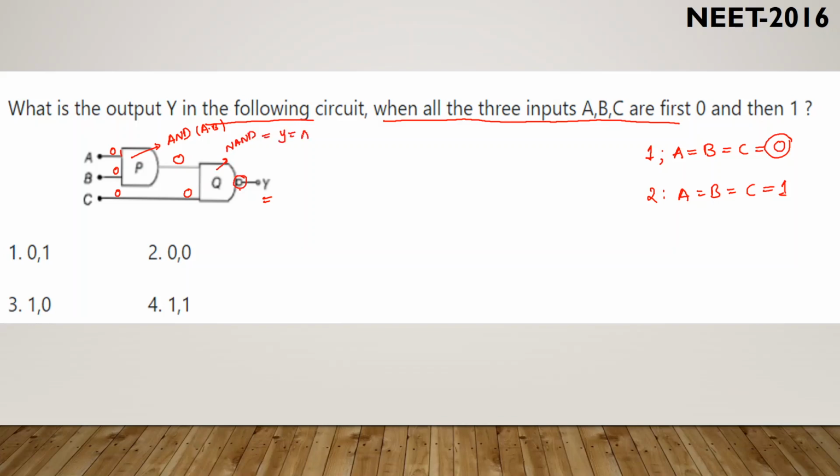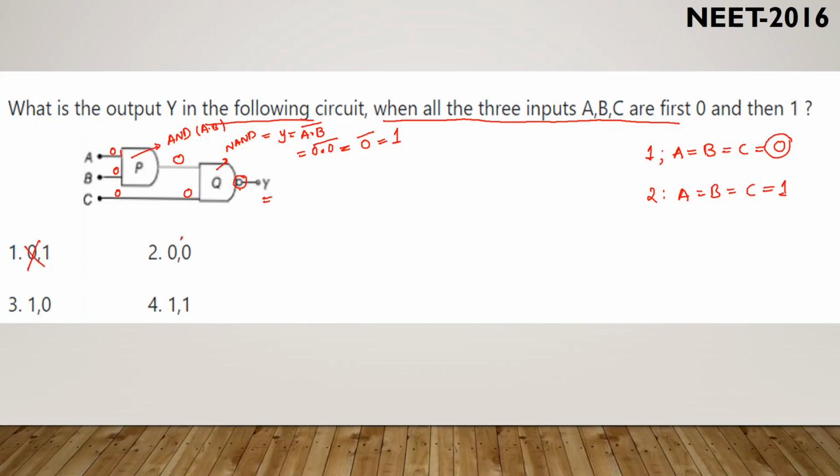What is the output for NAND gate? Y is equals to A dot B bar. So here it will be 0 dot C, which is also 0, and bar. 0 into 0 will become 0 bar. What is the 0 bar? It is 1. So let us see the options. First one is 0, but we are getting the answer as 1. So this is not the right answer.